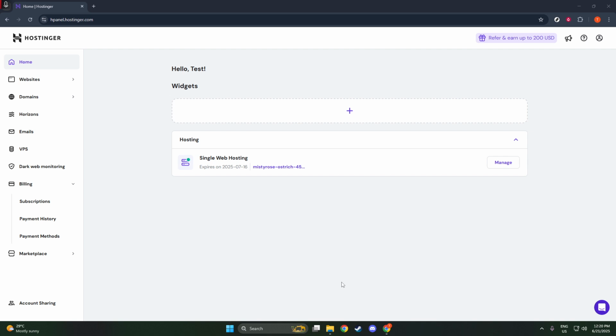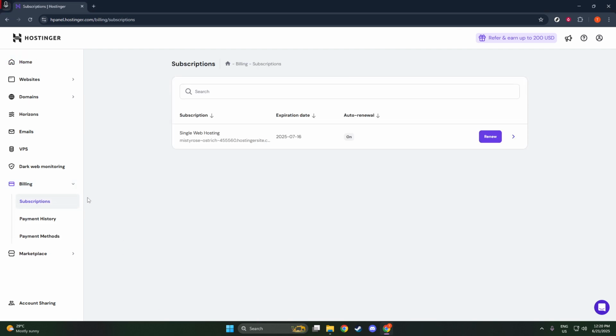Next, direct your attention to the upper part of the dashboard. You'll want to locate and click on the Billing tab, and from there choose Services or Subscriptions. This is where Hostinger organizes all the services you currently have active. You'll see a list of your hosting plans, domain names, email services, and potentially other subscriptions you might have through Hostinger. It's a great centralized place to make any changes to your account, so it's worth getting familiar with this